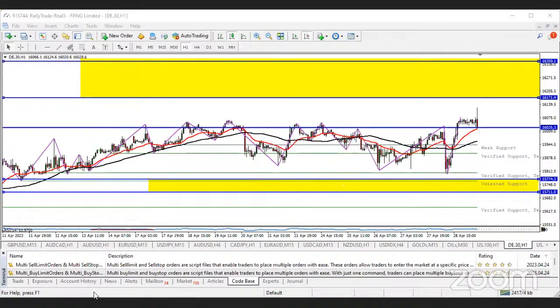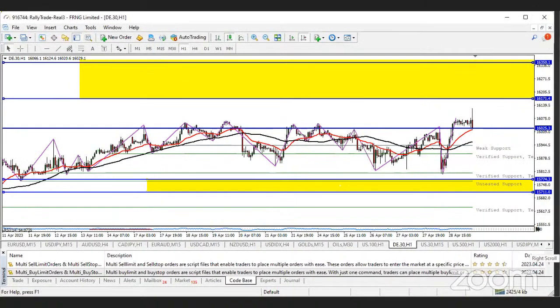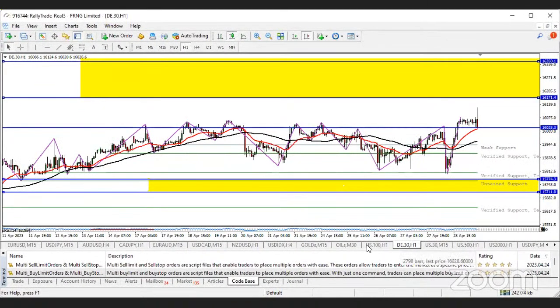Okay, so far we've been able to look at D30 and US 100. Maybe we just go to gold. Yes, let's just try gold before we call it a wrap. My colleague has been able to do justice to currencies, and I've been able to look at US 100, some of the indices too. So let's look at commodities like gold.